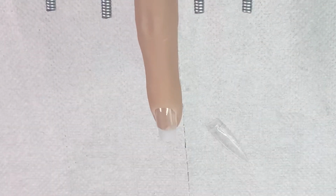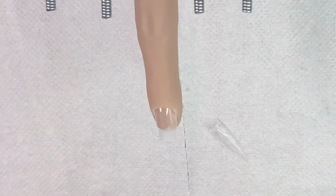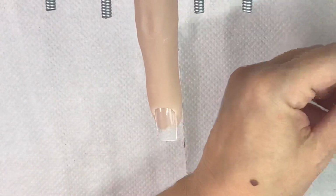Now I'm using my flexi hand. This is the OG, the original, the first edition flexi hand. I've got my Angel Crystals glue because it...